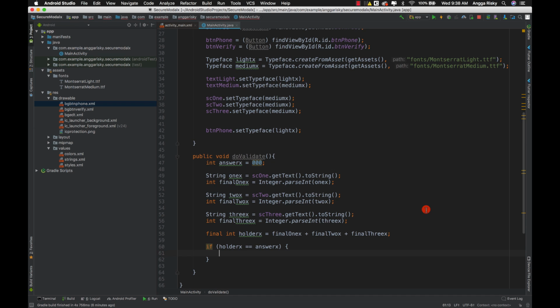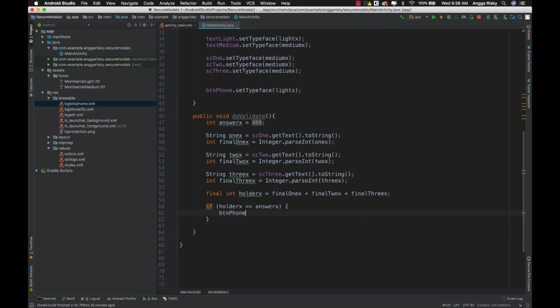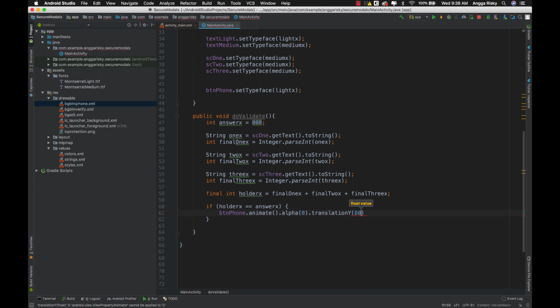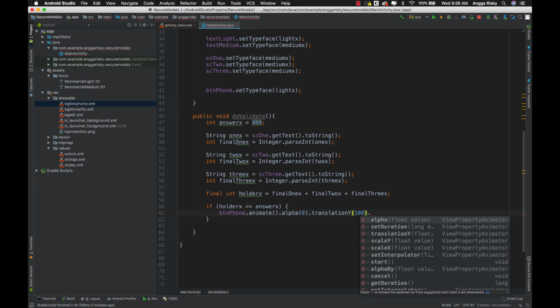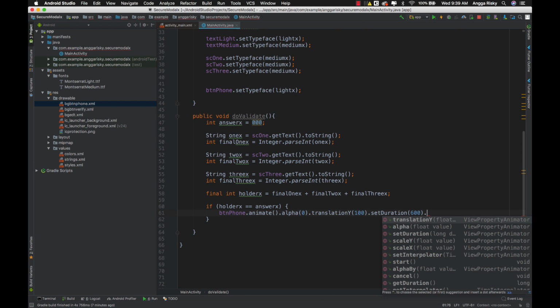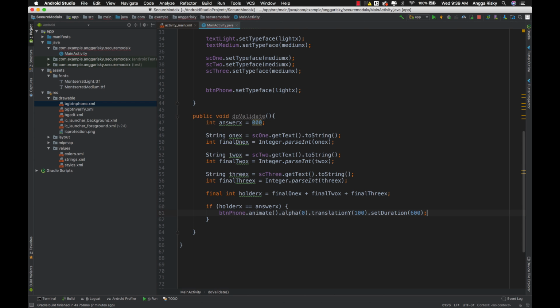After that we make the validation, holders equals to the answer. Then we have to make the btn font animate alpha 0, and then translation x and maybe y 80, 40. No, just go with 100, and then set duration about 600, and that's all.